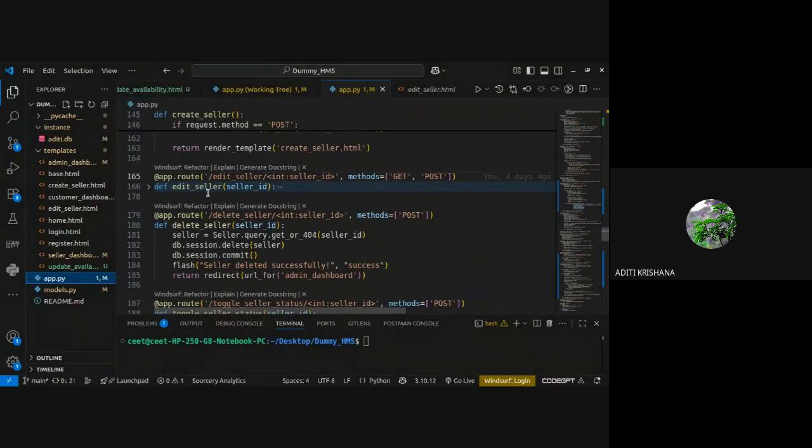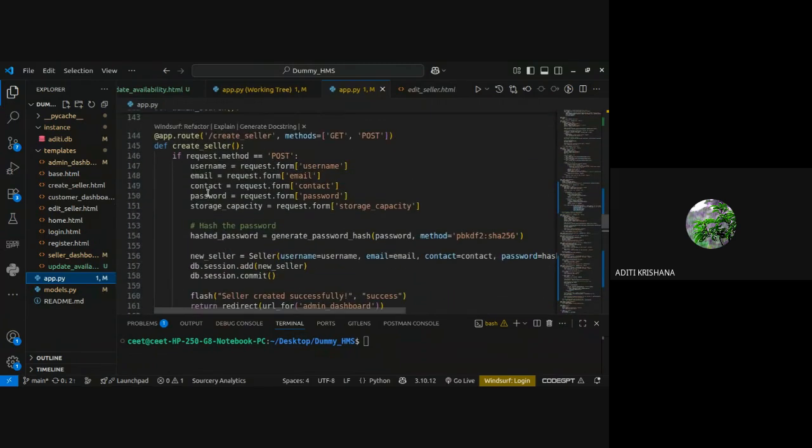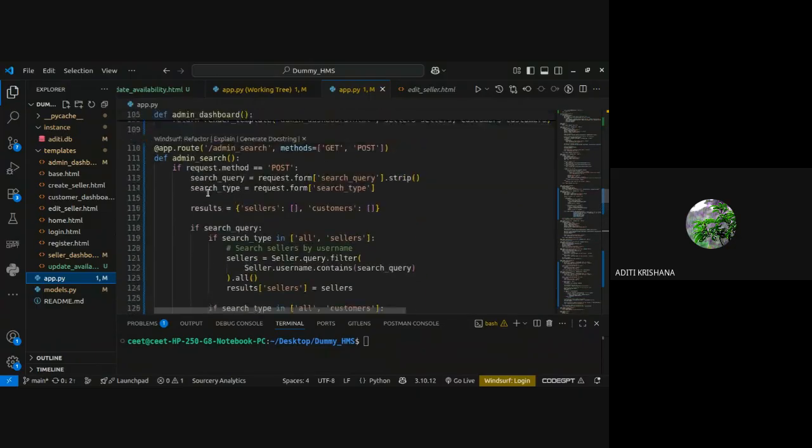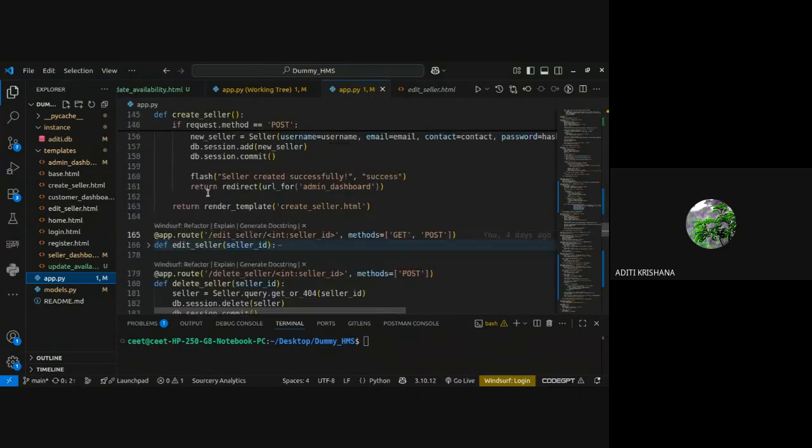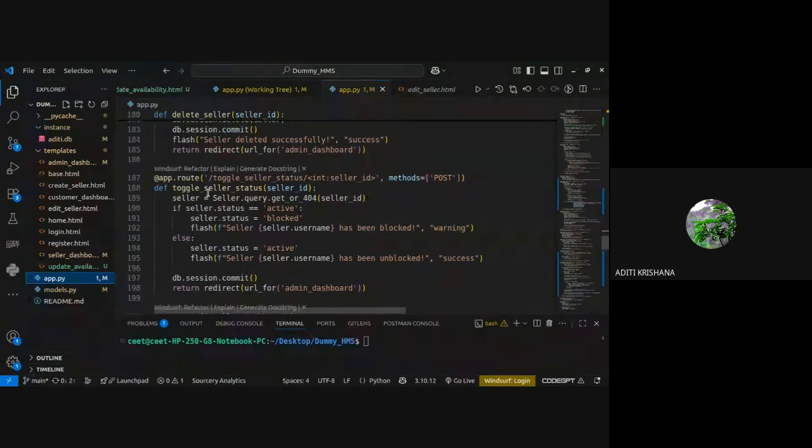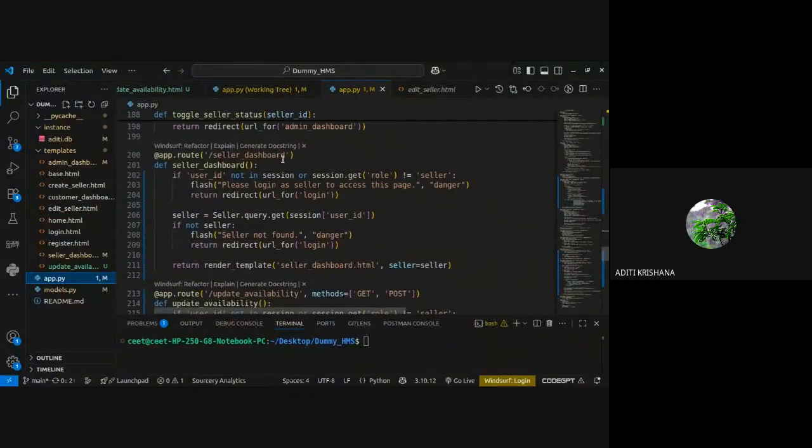So admin is only one in your application, so we don't need an ID for that. But doctors will be multiple and patients will also be multiple. Similarly, in my application, sellers and customers are multiple, but right now I have not given the id, but you should give id here as well.